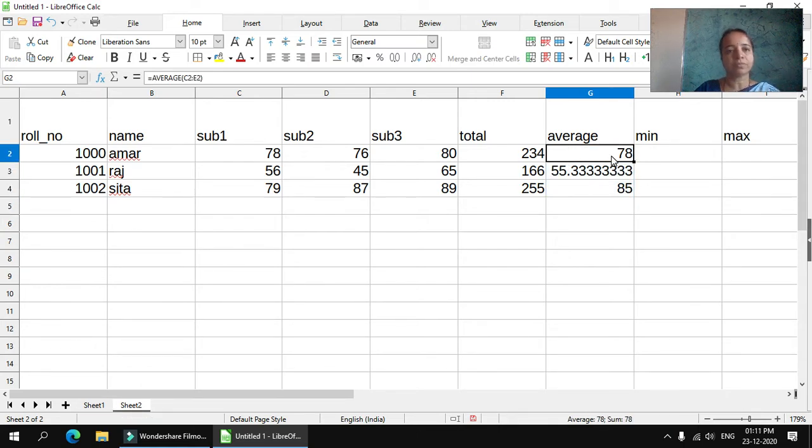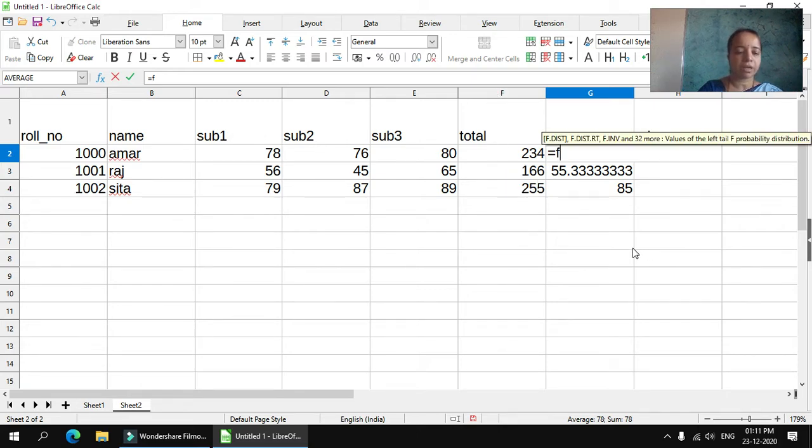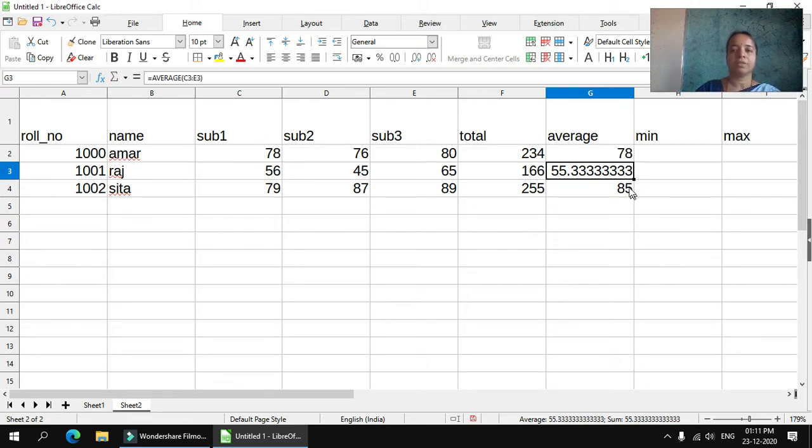Now you can change the formula like this also. Manually you can type the formula, start the formula with equal to. The total is in F2, divided by how many subjects, 3 subject marks. So F2 divided by 3, press enter key, it is 78%.